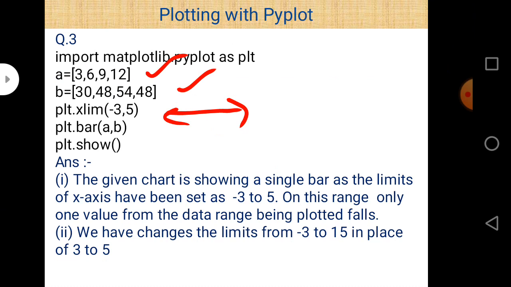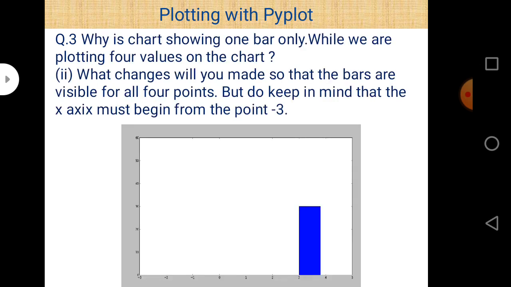So what we'll have to do is either change the limit or change the original list. So there are two options. Since the values cannot be changed, because for a bar chart, a and b are essential, that's why we change the limit. And in the question also it is clearly mentioned